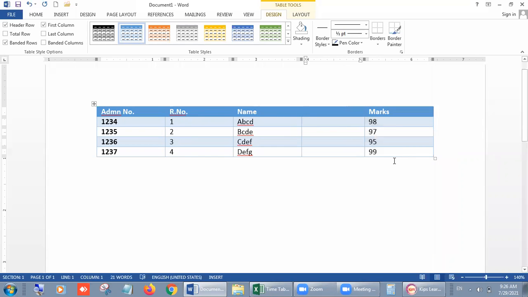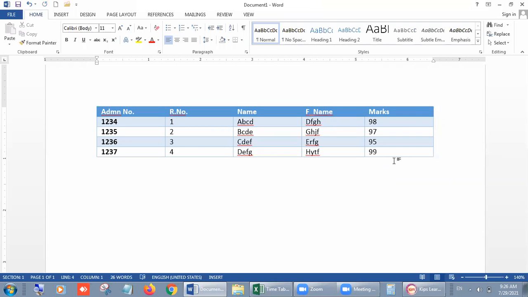You can write here, suppose F name, I want to write father name, right? So name can be anything, right? I am using rough data just to show you. You can write anything else. Okay, look students, now our new column is inserted even after entering the data. Even after entering the data, we can insert a new column into our table,